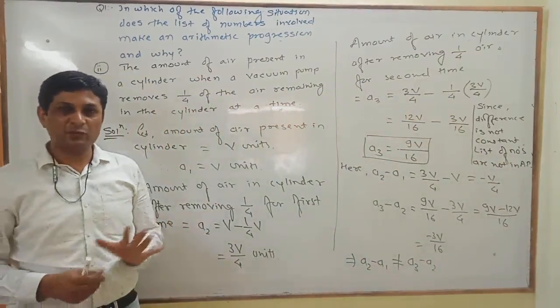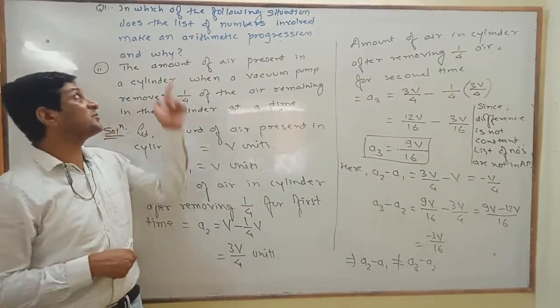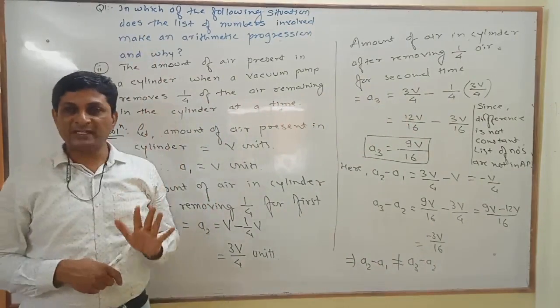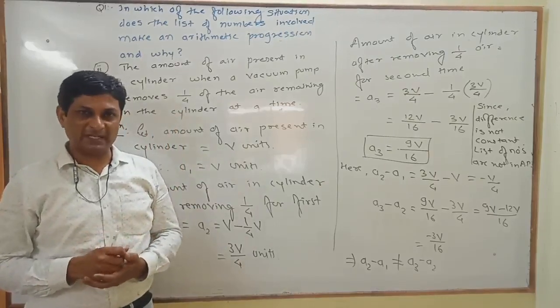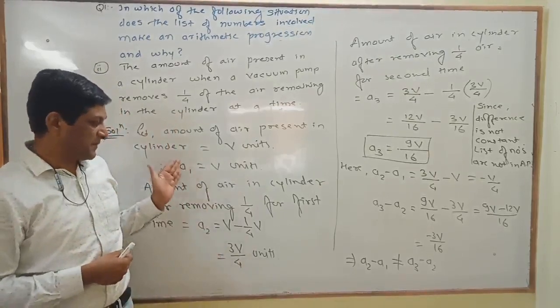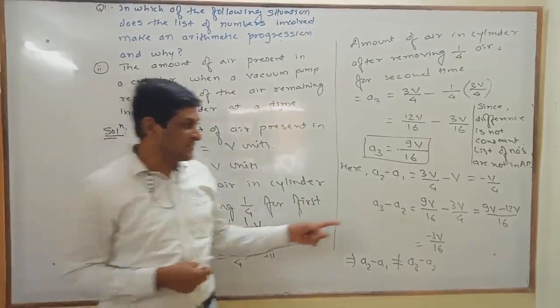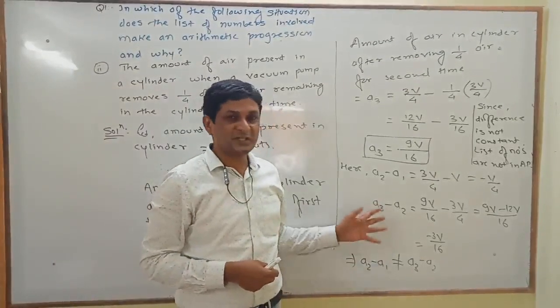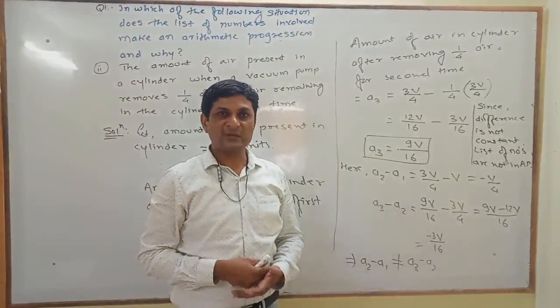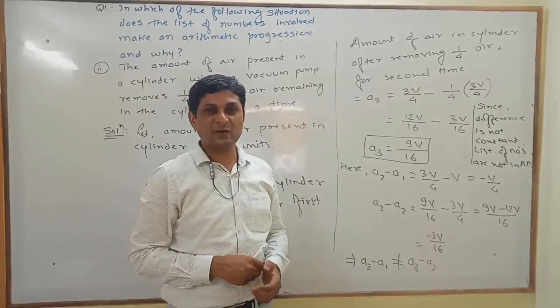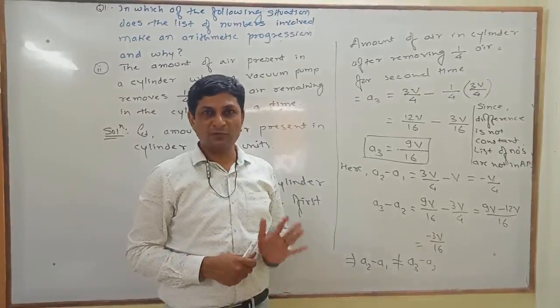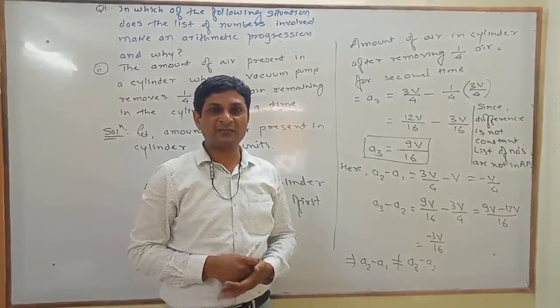So in this way we have solved the first two examples from question number first. Example number third and example number 4, you have to solve using the same method. What same method? First prepare the list of numbers, check whether the difference is constant or not. If it is equal, then we can say that the terms are in arithmetic progression, and if the difference is not constant, we can say that the terms are not in arithmetic progression. Hope you will try example number 3rd and 4th yourself.